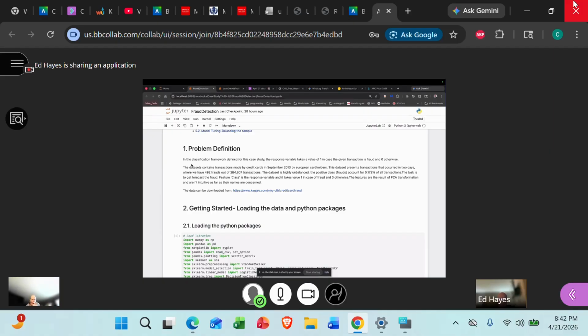Okay, so in this case, 2013 credit card transactions by European cardholders. And the interesting thing, which you'll want to note right away, he doesn't talk about it until later in the notebook, but there's only 492 frauds out of 285,000, which is 0.17% of the transactions. So if your concern was purely that you be accurate, it would be hard to do better than just say every transaction is correct, right? Because you'll be right